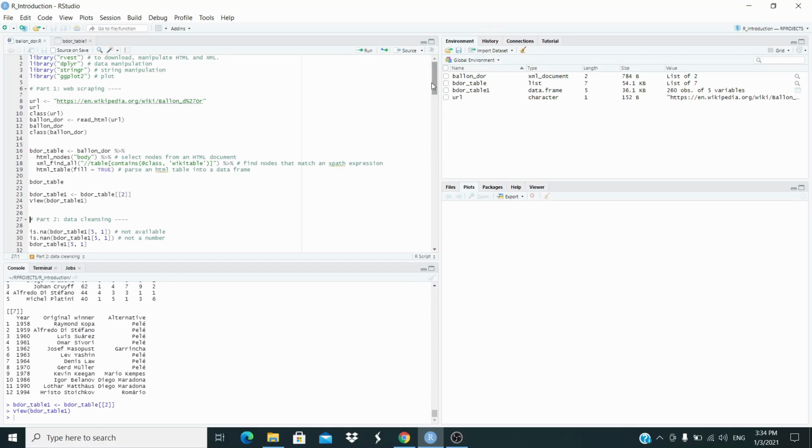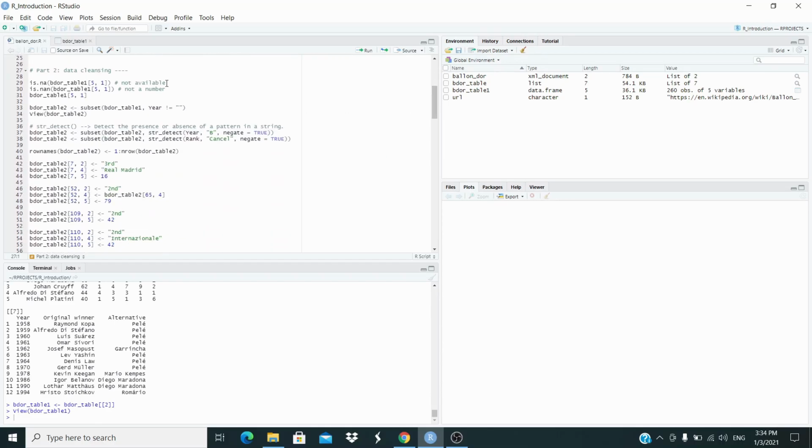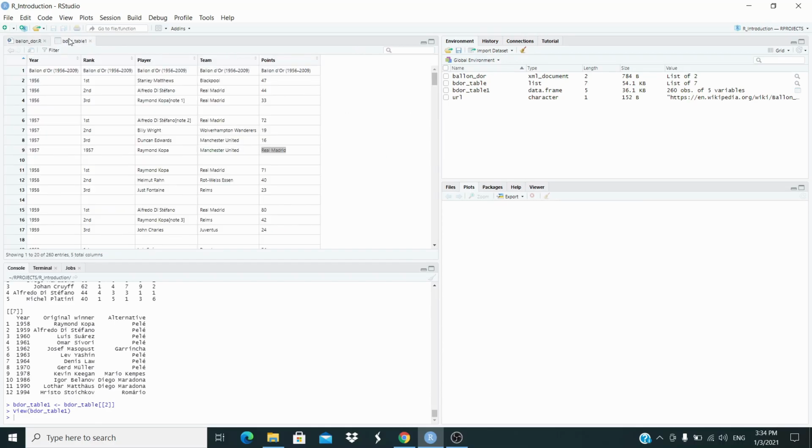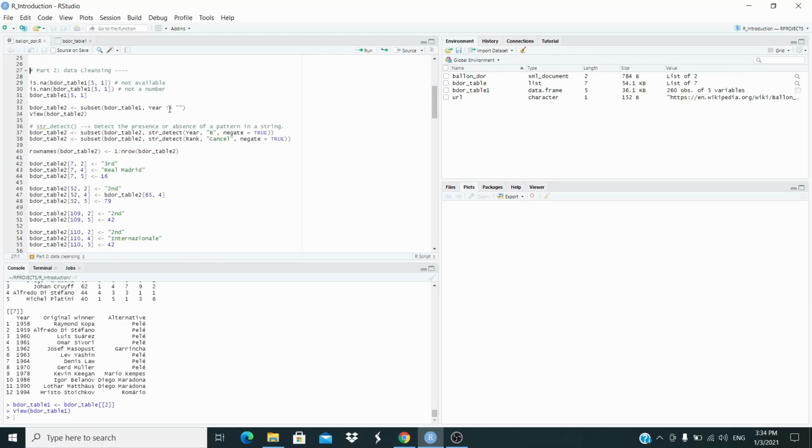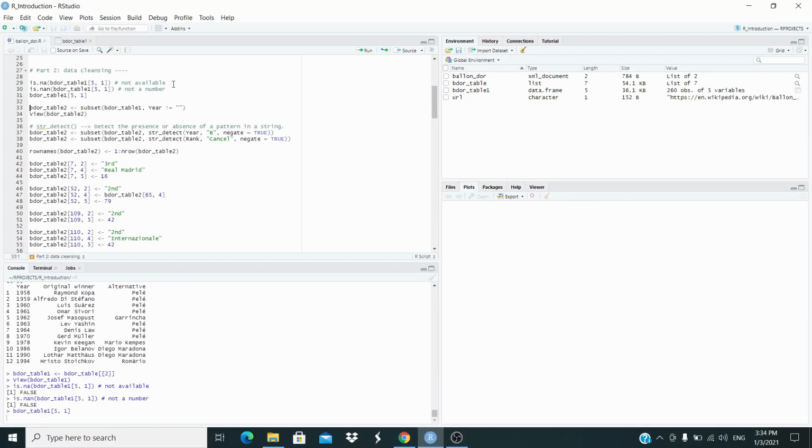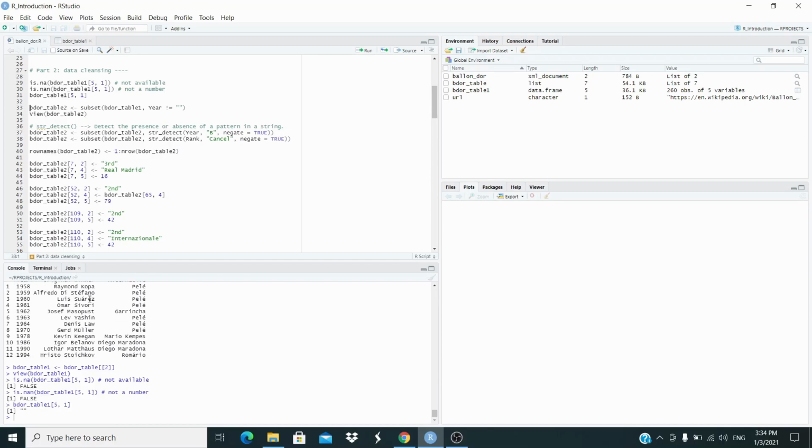Okay, so first of all, let's check the value of this cell at row 5 and column 1. Let's run this code. So as you can see, it is stored with these two quotation marks, and this is the information that I'm going to use